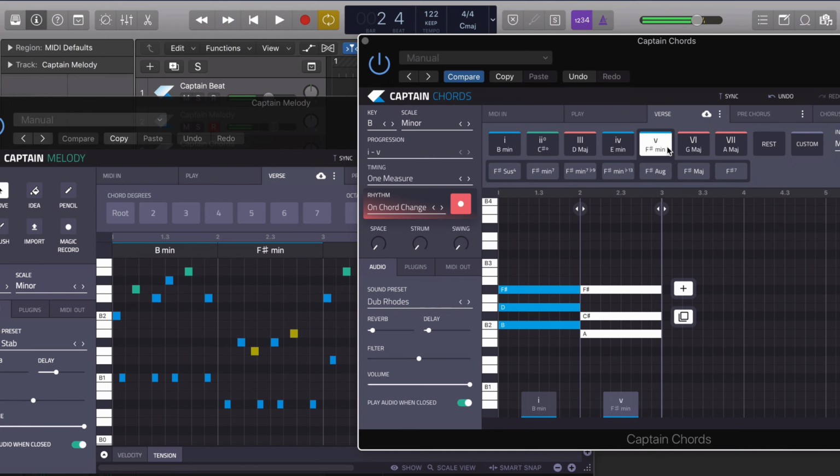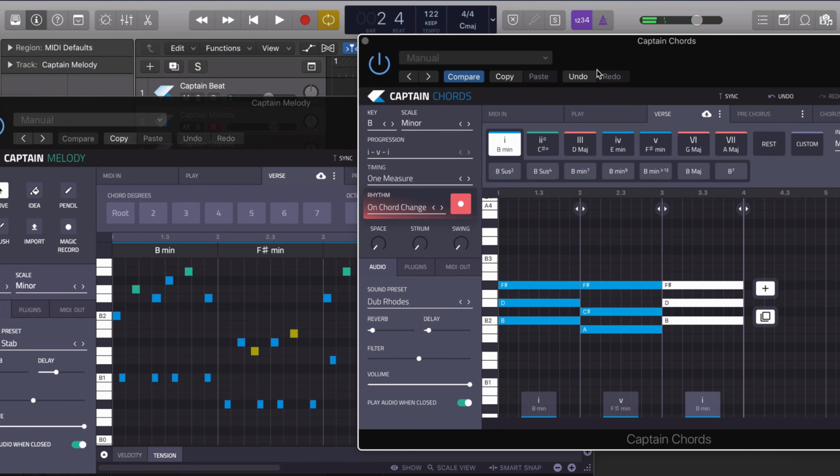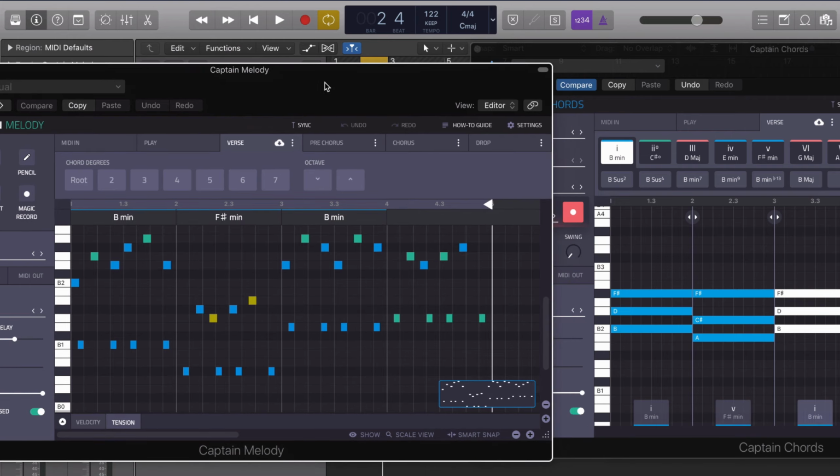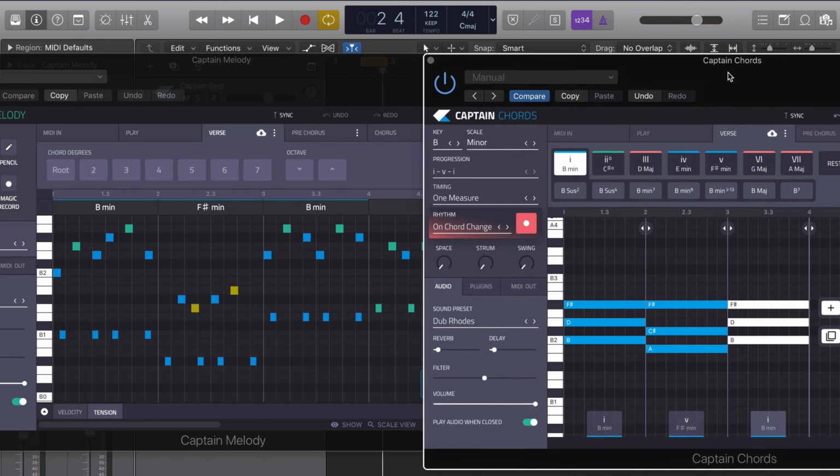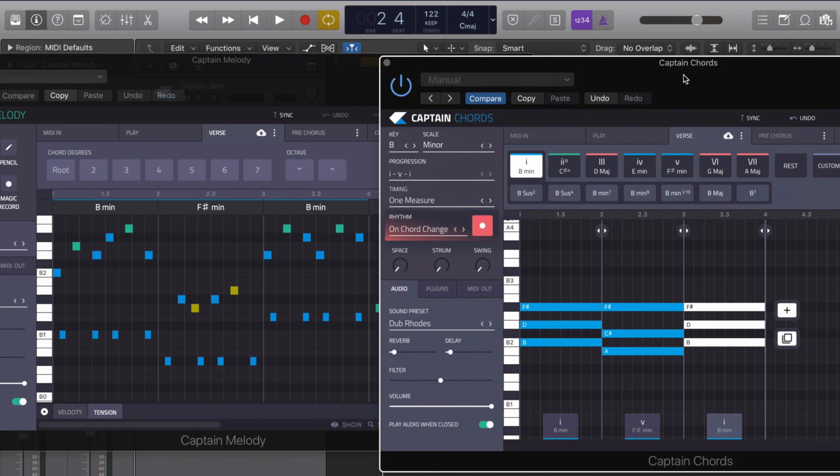Okay, so F sharp minor I think is the chord that works best there, and then we'll move on to the next chord and we'll try something else.